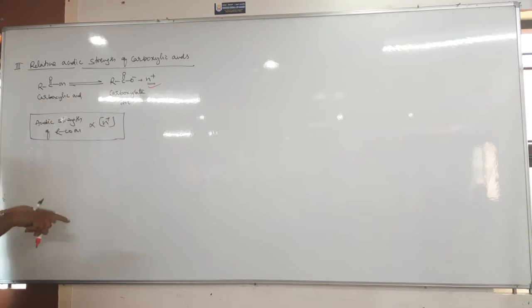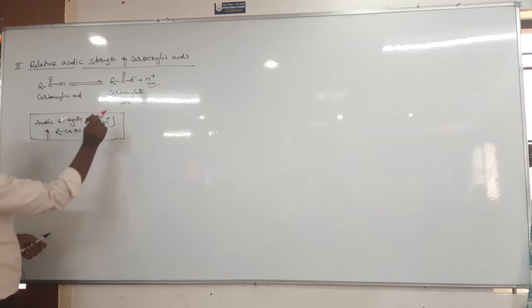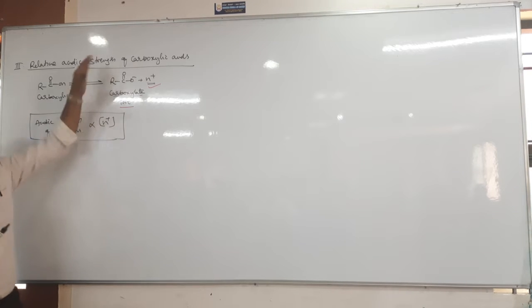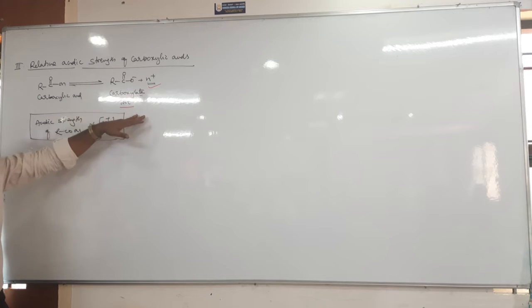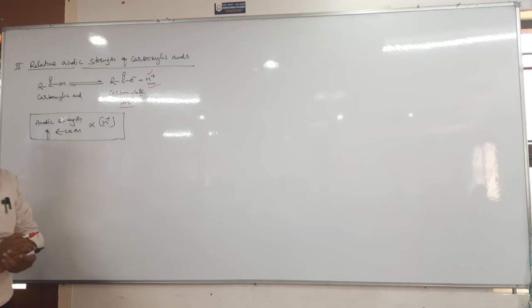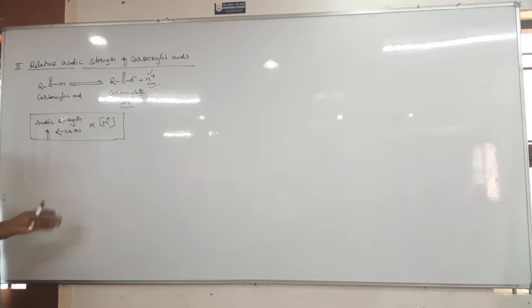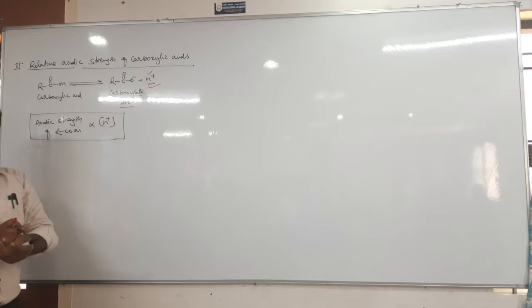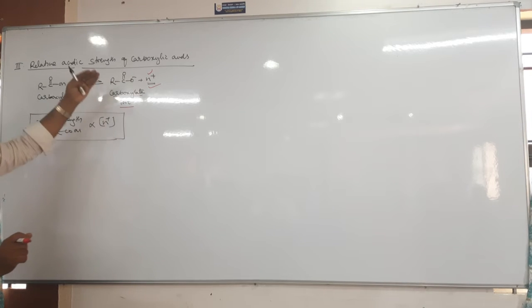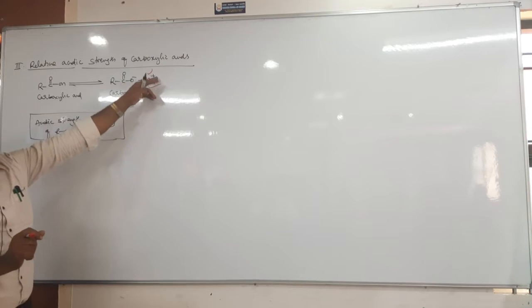Acidic strength of carboxylic acid is directly proportional to H plus ion concentration. Can I take acidic strength of carboxylic acid is directly proportional to stability of carboxylate ion, because if the carboxylate ion is more stable, it can be formed so easily. If it is formed so easily, it also produces H plus ion so easily, right? It means acidic strength of carboxylic acid also depends on what? Stability of carboxylate ion. Higher the stability of carboxylate ion, more will be the acidic strength, because higher the stability of carboxylate ion, more will be the H plus ion concentration.